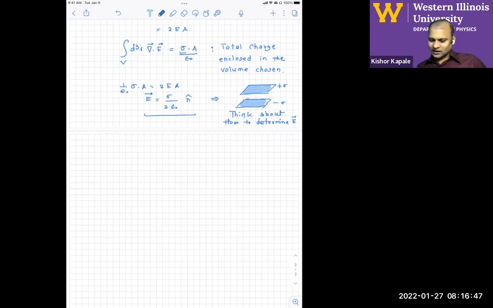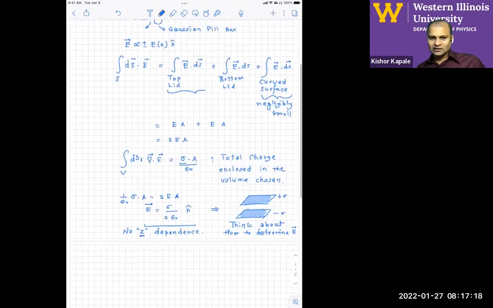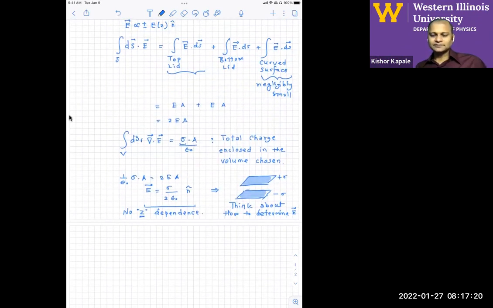One thing that's interesting here is that it does not even have z dependence, right? So it does not even depend on z. It does not depend on how far you are from this infinite sheet of charge, because the farther and farther you are, larger and larger amount of the charge on the sheet has influence on that position. And so it doesn't matter how far you are from this infinite charge sheet, you still have no z dependence. Okay, so that's the